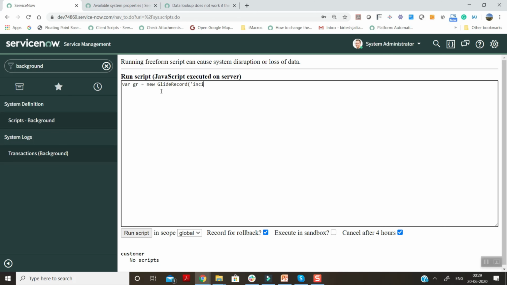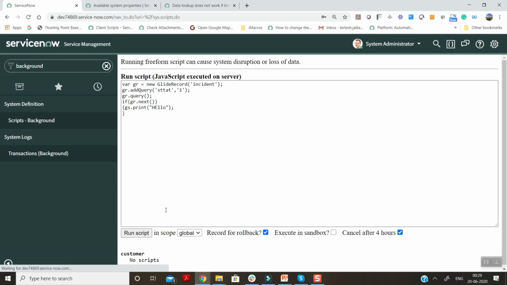I'm gliding the incident table and putting add query where state is 1, gr.query, if gr.next, gs.print hello. So let's run this script and see what is the outcome.